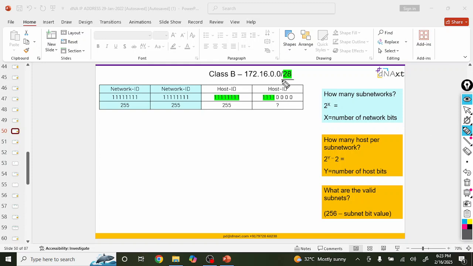So /28 means 28 bits are assigned to the network, and the remaining 4 bits out of 32 are host bits. Of the 28 bits, 16 bits are your major network bits, and 8 plus 4, that means 12 bits, are your subnet bits. Let's write down the subnet mask: